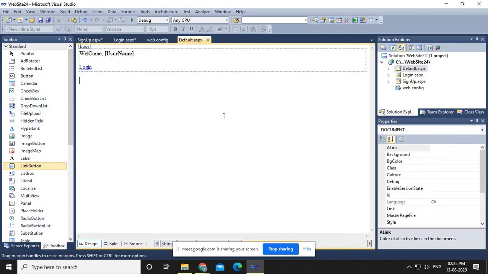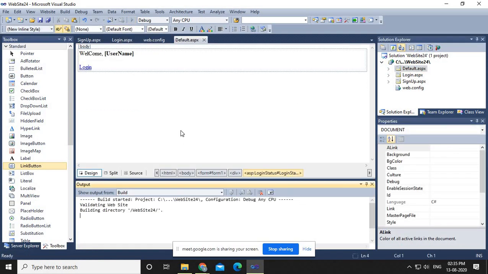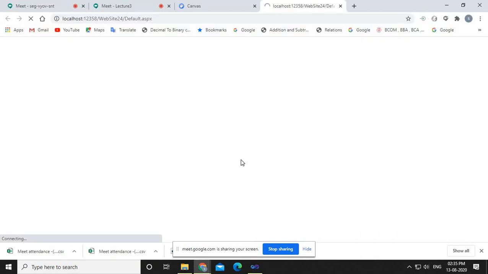Fine. Now we'll go to default.aspx and run our web page. It is showing welcome ABC because last time we forgot to do the logout, right? So we'll do the logout. You click on the login button, so it is showing the login control, and below the login control we have two things, right? This link button obviously we will use, but currently this link button is enabled, right? So suppose the user is just clicking here,